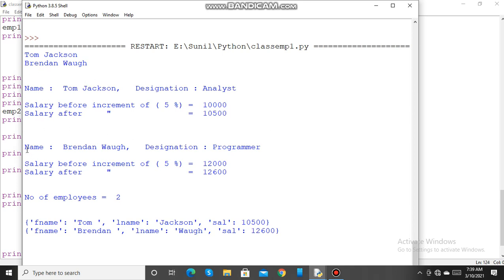Then for instance emp2, it has printed the details, that is salary before increment and after increment, it has printed the designation. Then the number of employees, it is 2, it has printed 2. Then these are the key value pairs for emp1 and emp2. The first is the key value pair for emp1 and this for emp2.